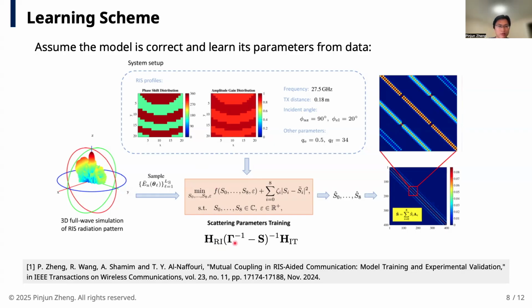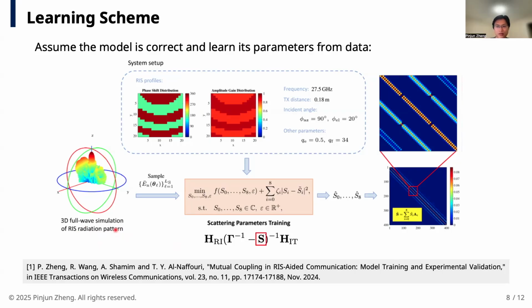So again, based on this model, and once the system is set, we can easily determine the channel between transmitter and RIS, the channel between RIS and receiver, and also the RIS response matrix is known. So the only thing we don't know is this matrix S, or we can say that once this S is known, we can calculate the radiation pattern of the RIS. And at the same time, we can also obtain this RIS radiation pattern through full-wave simulation. So